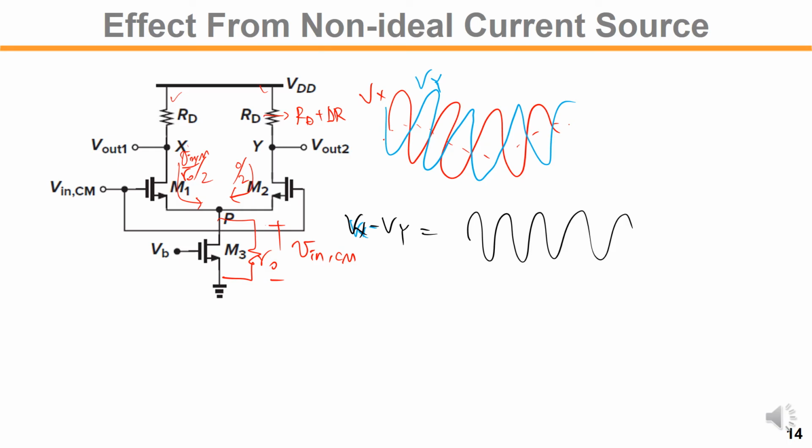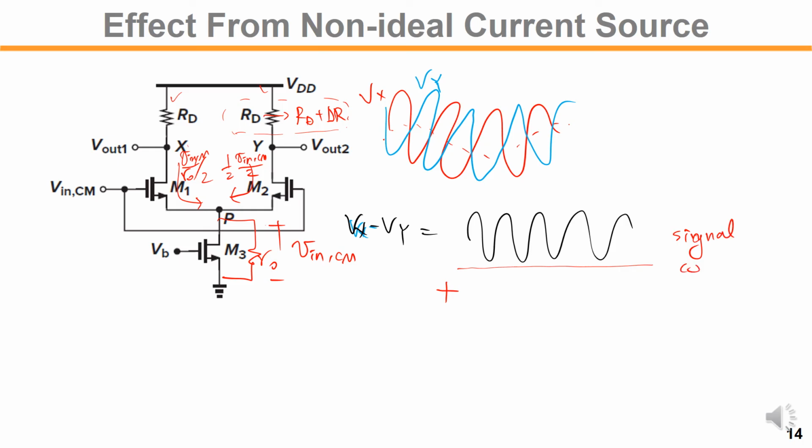Half of that will flow on the left. Another half of the current will flow on the right hand side, right? So this current will see that load resistor, and through that resistor the current will be converted into the voltage. In that case, the differential output will have the signal component,